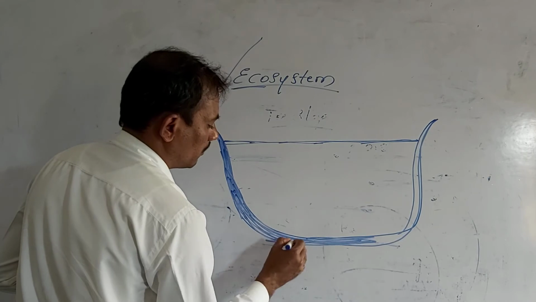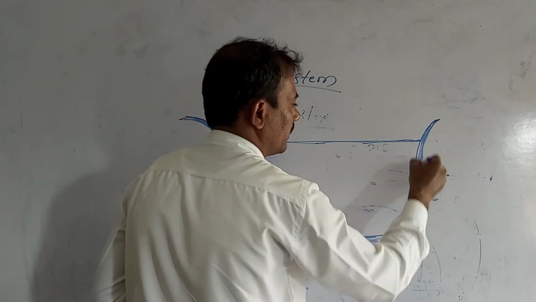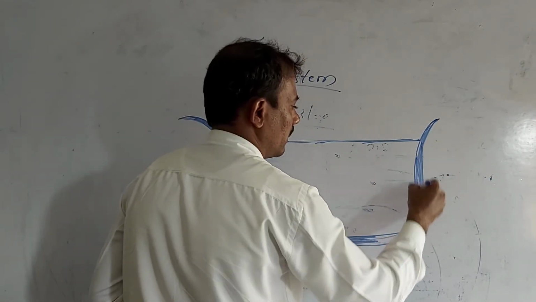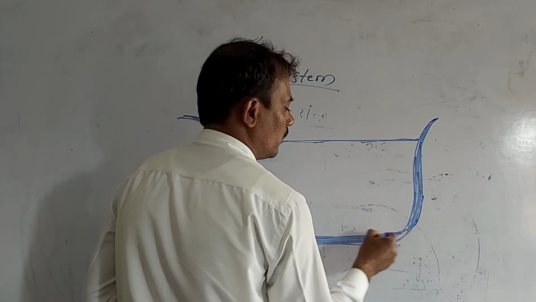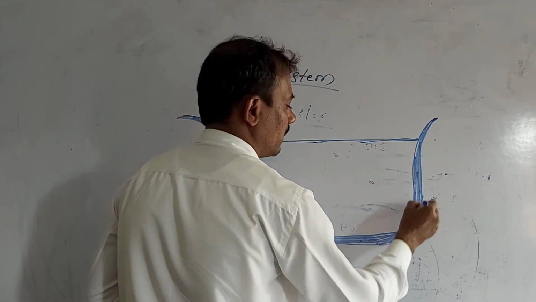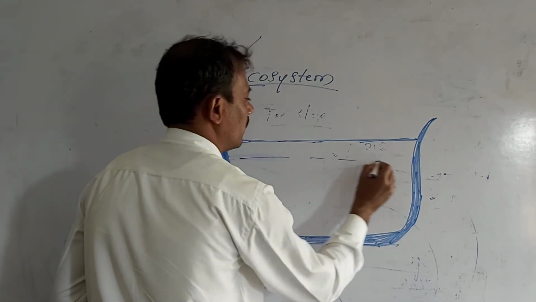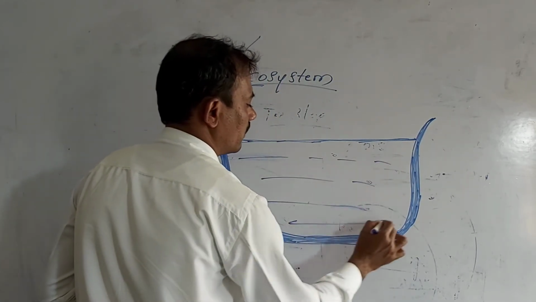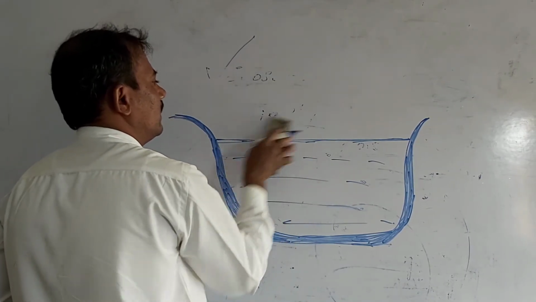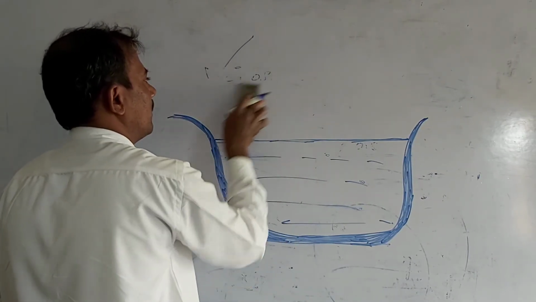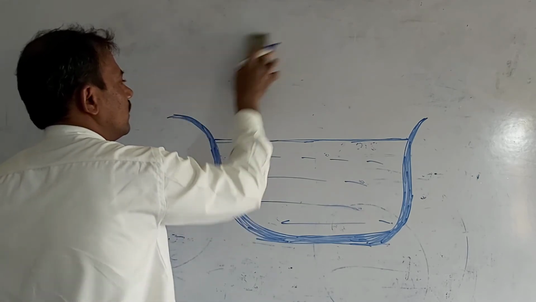Okay, the bottom of the pond, and again the shallow water region. The representation of the pond itself. A pond is a good example of the freshwater ecosystem. It consists of the water, and other than this, here in the pond ecosystem, not only